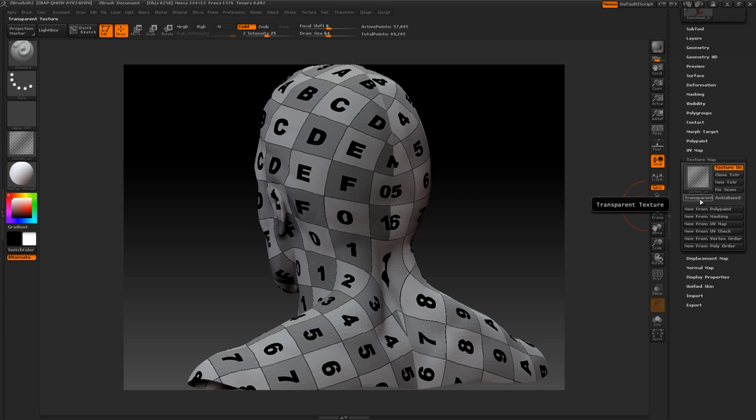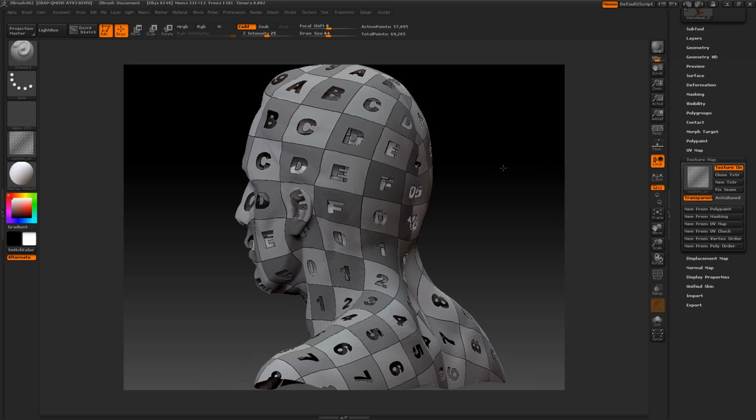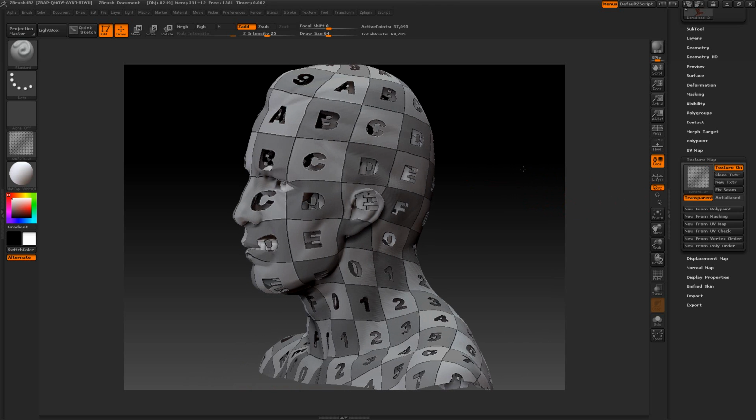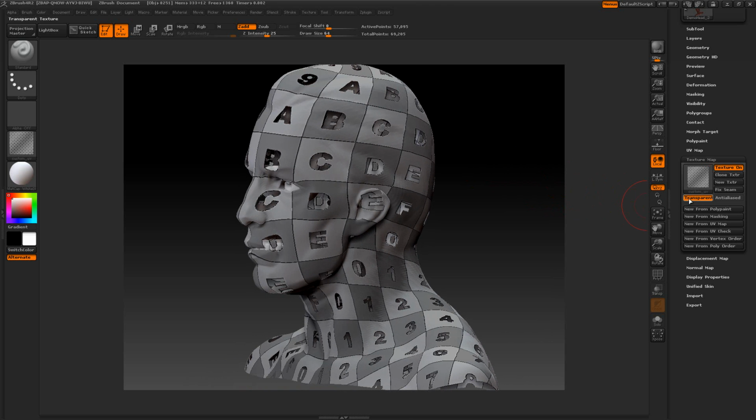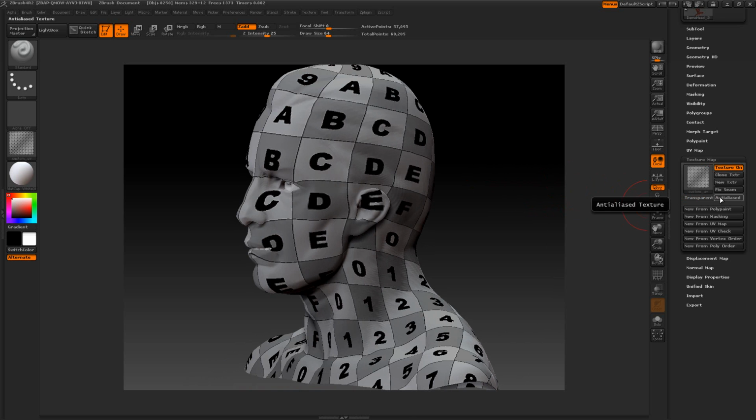We have the transparent for texture. Anything that's black will be transparent. So if I select here, you can see all the black there now is transparent. And we've got the anti-alias right here. Basically it finds the two different colors and kind of smooths them out, kind of blurs them together a little bit better. We've got new from Polypaint. Well, we have no Polypaint on, so